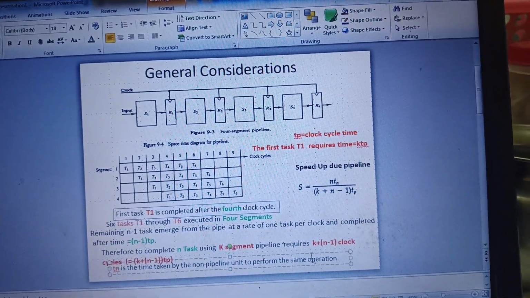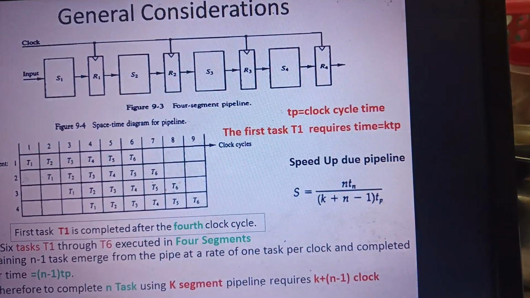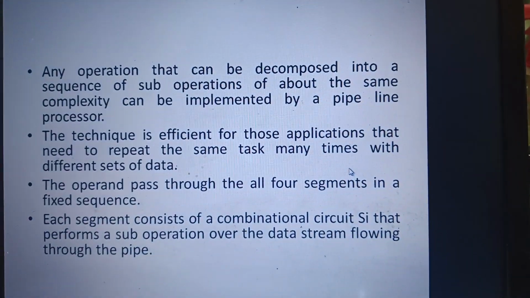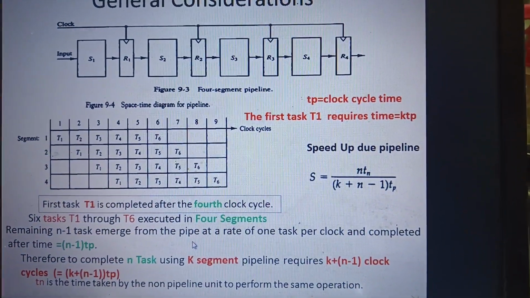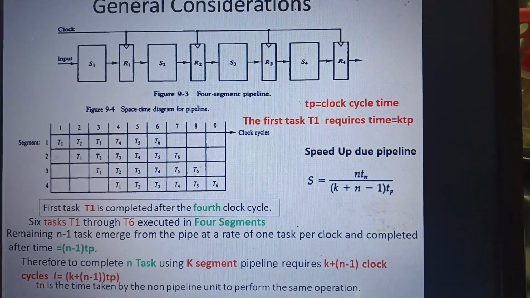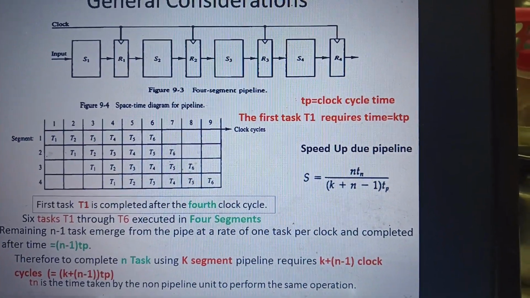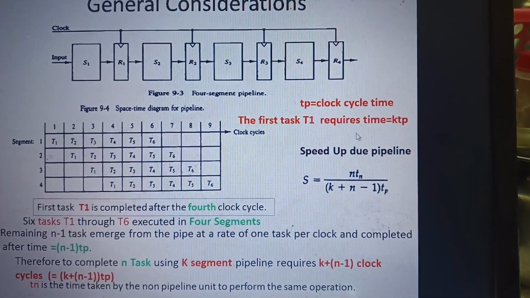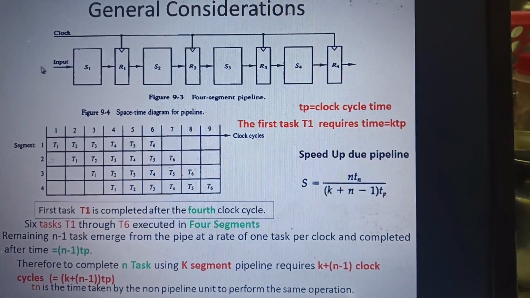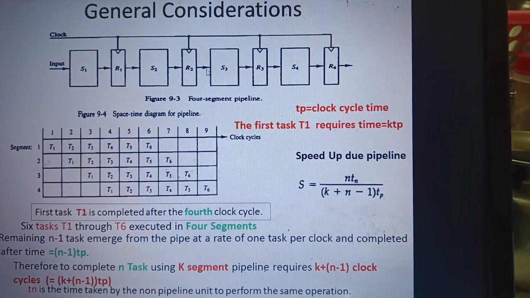So that is a thing here. Okay. So the time required to complete n tasks is (K + n - 1) TP. Okay, next. So we can see how much speedup will happen because of this kind of architecture,